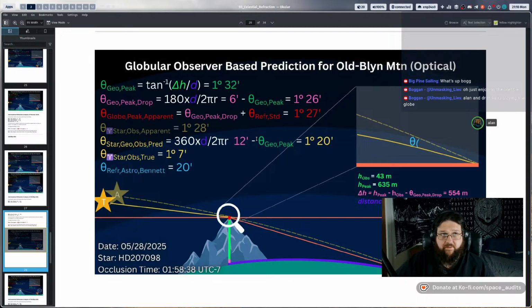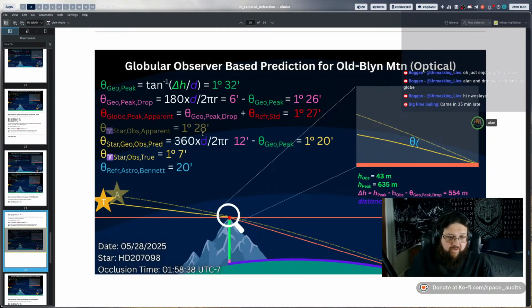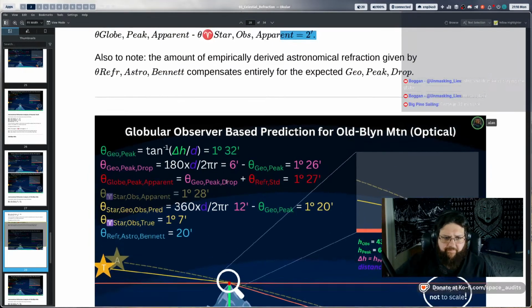Now, because this was a hill and each peak occlusion was tailored to where it actually intersected with the lower elevations of the mountain / hill, the occlusion elevation is slightly lower for the time of occlusion. Instead of being uniform, like we'll see at Pikes Peak, where we just use the same elevation for every peak, we just consistently use whatever the max rise over run is to the peak, instead of compensating for every individual elevation change. But anyway, what we have here now is it's lowered by 2 arc minutes from the previous.